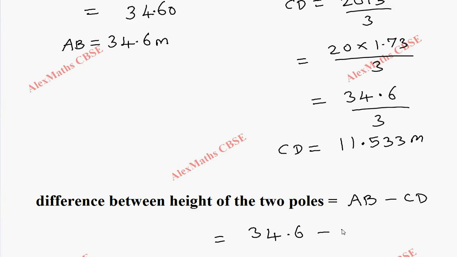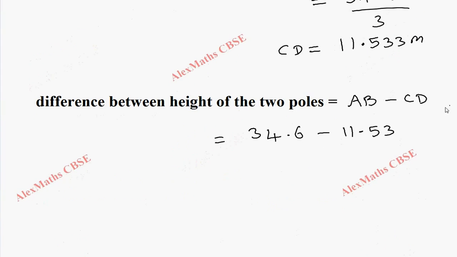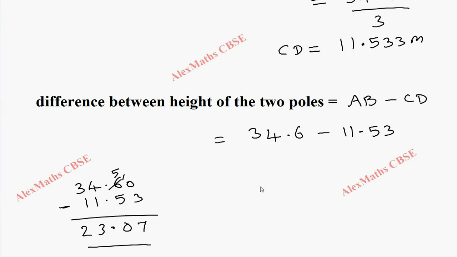AB value is 34.6 minus 11.53. If I round off, I can take 11.53. So let's perform the subtraction. 34.60 minus 11.53. When we subtract, when we borrow, this is 5, 10 minus 3 is 7, this is 0, and after subtraction this is 3 and this is 2. So totally this is 23.07